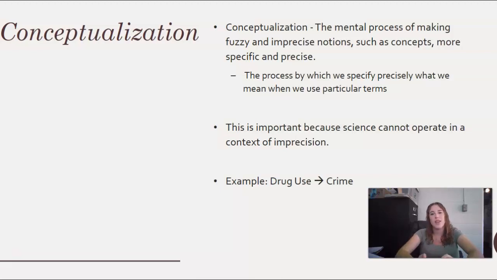You might say, oh, well, we're looking at the relationship between drug use and crime, so obviously it's illegal drug use, but we can't assume that people know that. We're doing research, we're using the scientific method, so we have to be really explicit in what we're saying. So if we want to measure the relationship between drug use and crime, we probably want to mention we're looking at the relationship between illegal drug use and crime. So we want to be specific about what we mean by drug use, meaning illegal, not illegal.